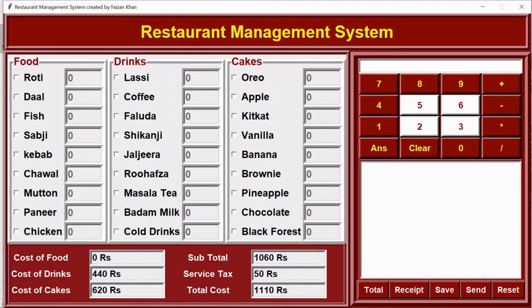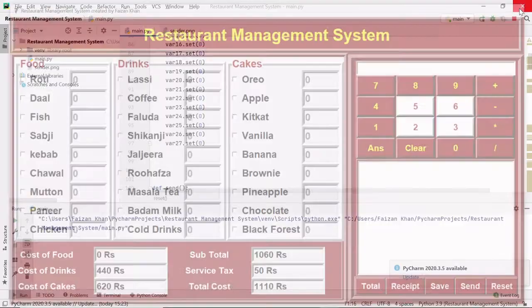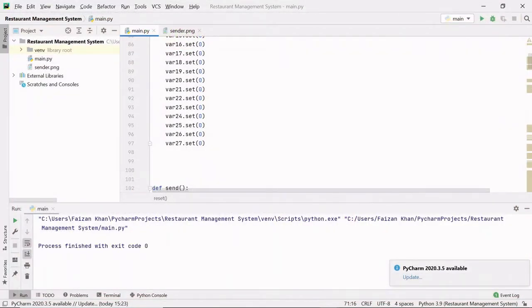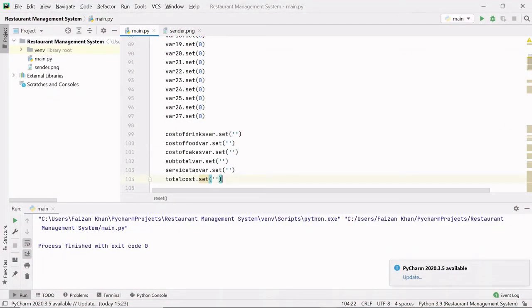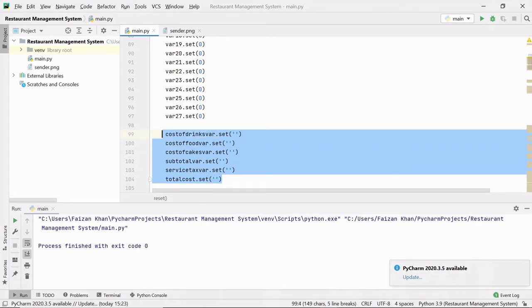Now we also have to remove these values from these entry fields. So again we will be using the variables that we defined inside these entry fields and we will set them simply to null. So these are 6 variables corresponding to those 6 entry fields and I have set them to null. It means there will be nothing in the entry field whenever you click the reset button.